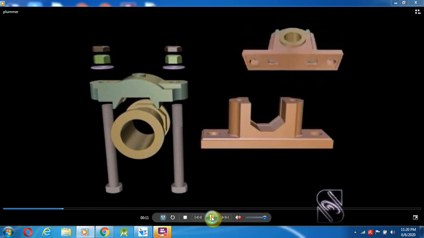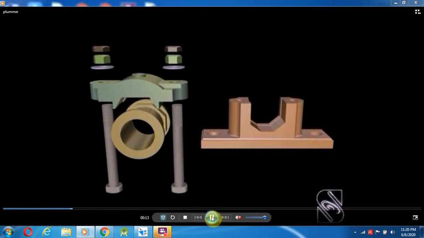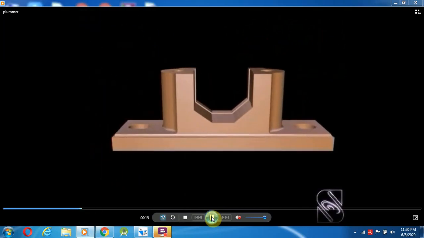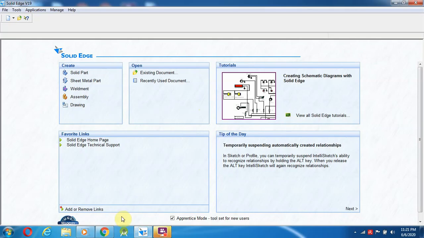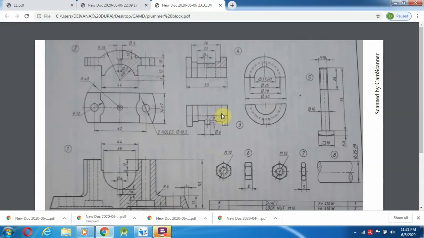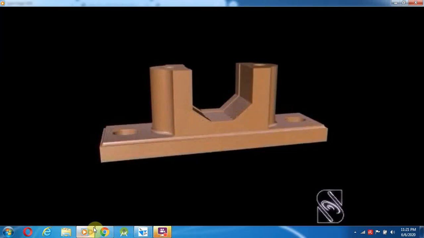These are the points that have to be remembered. This is the body part, but in our drawing they have given inclined surfaces, whereas here it is a curved edge. That is the only difference.